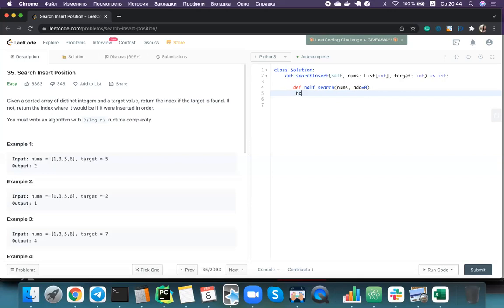Okay, our half will be equal to half of the length of our array nums. Yeah, and also, if we found this element, for example, if nums with index half is equal to our target,